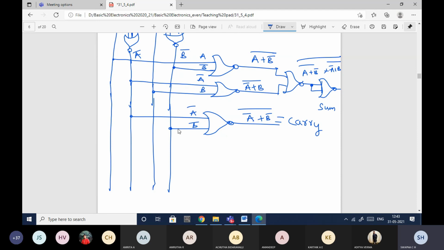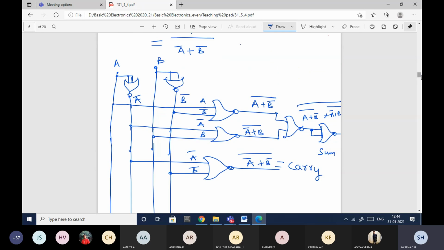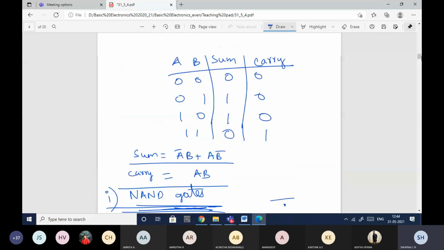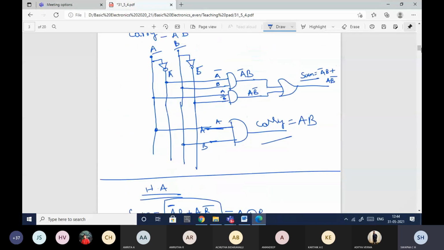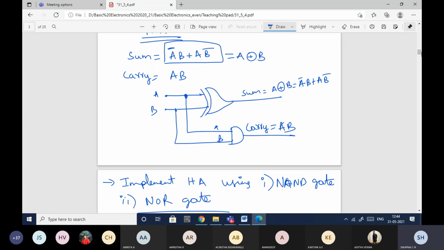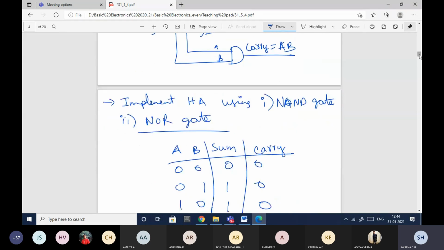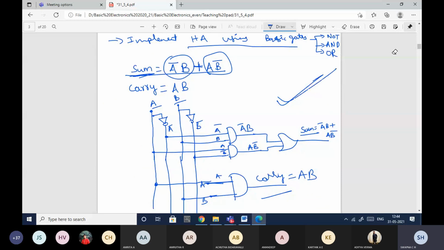This is a very important question. If you see the question papers, in most of them they'll ask you either half adder or full adder, anything they may ask. And again, half adder using basic gates, or using NOR gates or NAND gates. If they don't specify using basic gates or something like that, you can draw this circuit using an XOR gate, and also using the basic gates. Both you can draw.